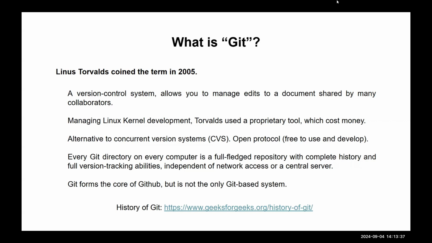So Git is a version control system, and Linus Torvalds, the person behind Linux, created it in 2005. He was working on Linux at the time, and he needed a version control system that allowed him to manage edits across many different collaborators. You're working on this big project with a lot of collaborators, but they're all doing their work on their own in different parts of the world, with different work styles, and different teams are coming together, and you need to manage that.